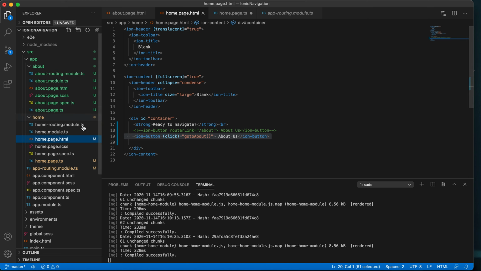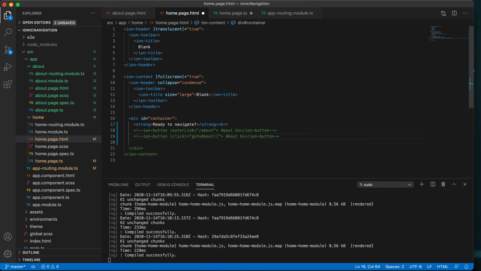So here we are going to learn how to pass data between the pages and objects. Okay, so let's comment these things.